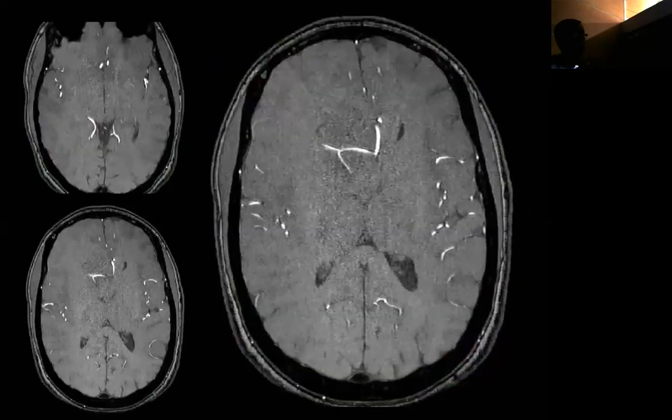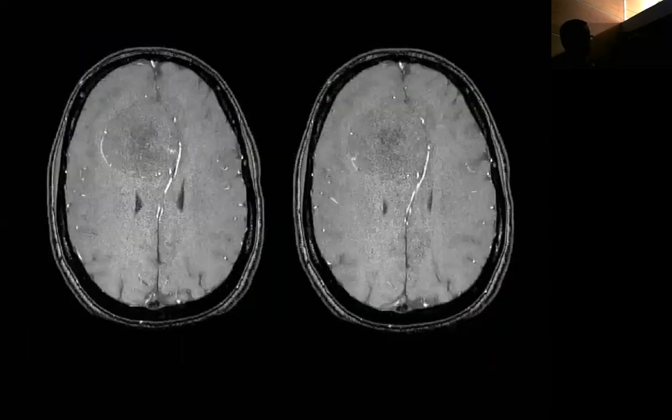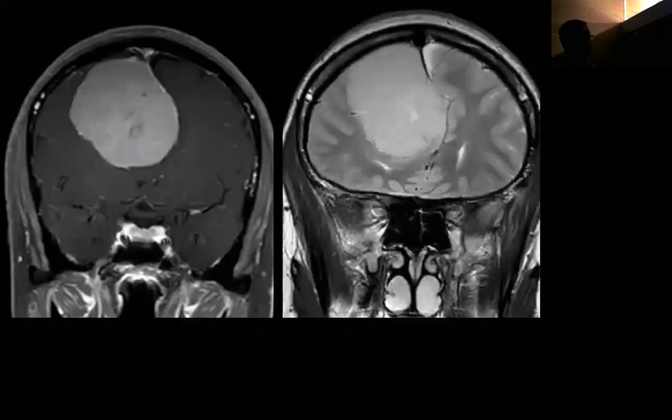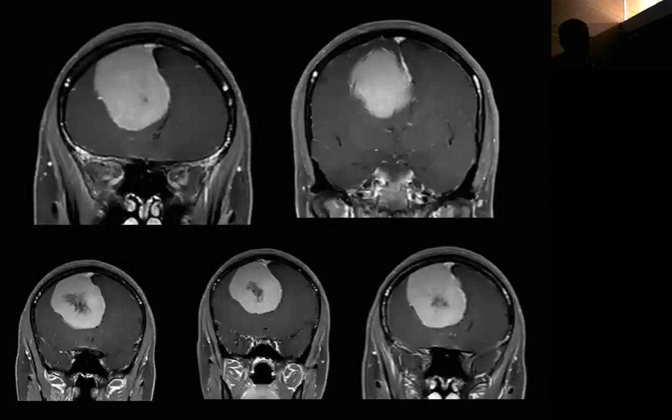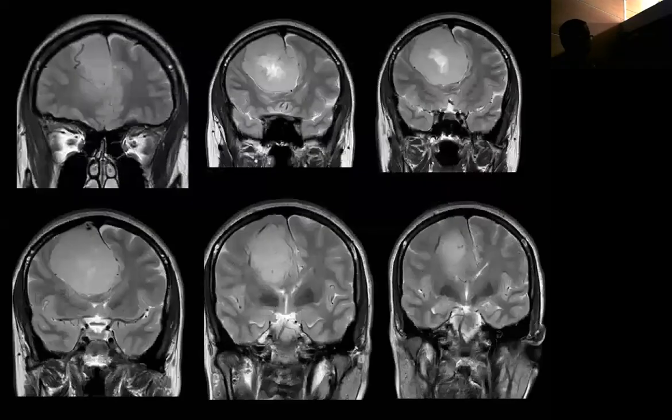Again, look at the vessels. It is inside the tumor. This is on the left side, this is the right side. It is inside the tumor, and this is another challenge. Here, just emerging from the tumor. The same thing in the coronal. Here you can see the vessels. So this is another challenge: the vessels are inside the tumor.